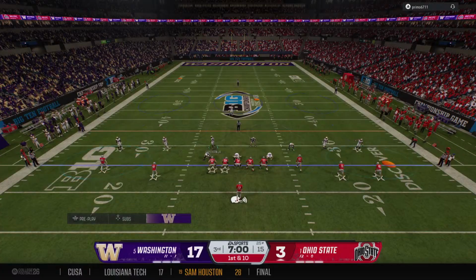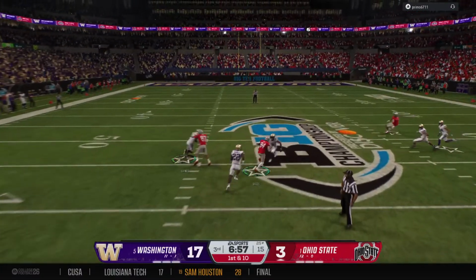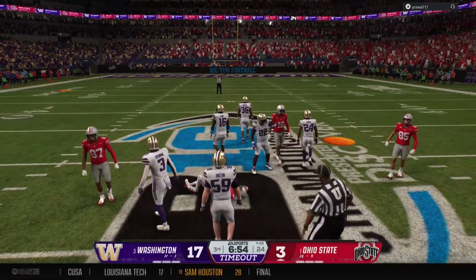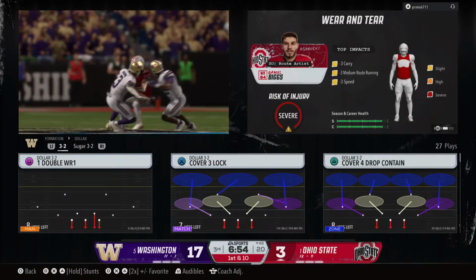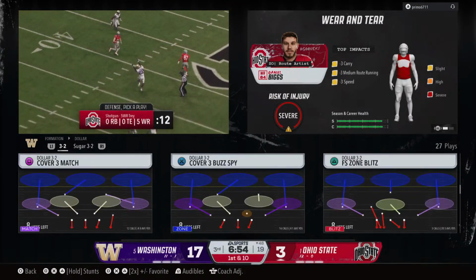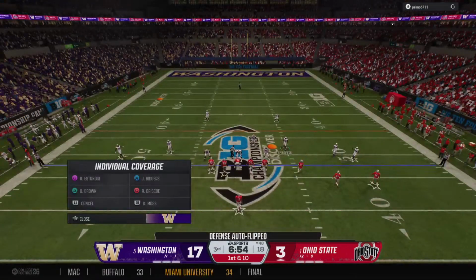Emphasis here on cutting down on turnovers, a couple of them in the first half, and that's why they're trailing. Wide open downfield. Tackle made after a big gain. One play moves the ball to the 48.